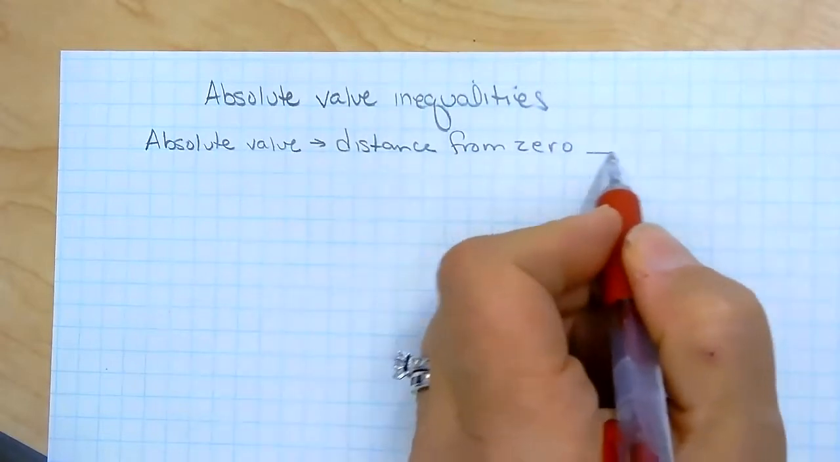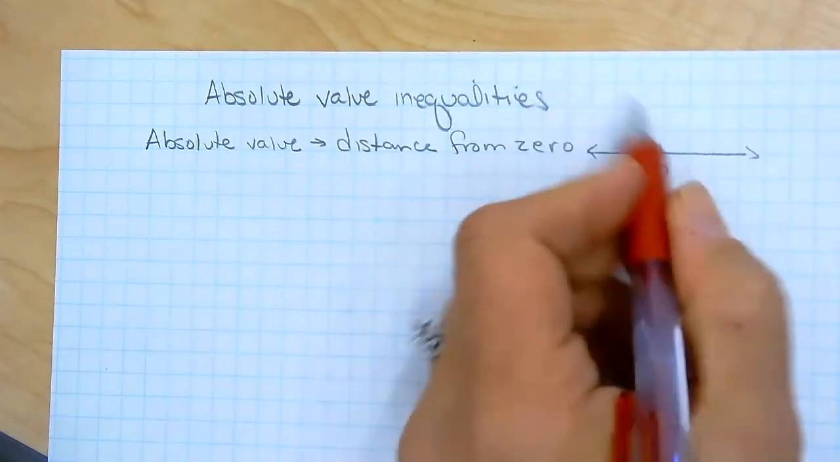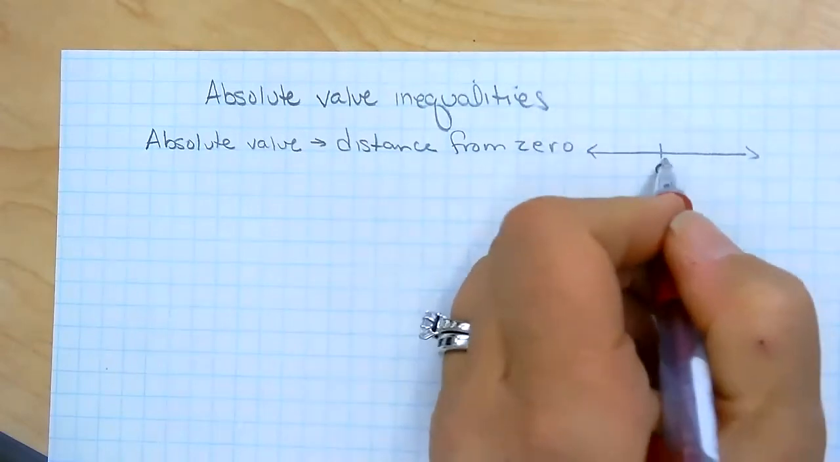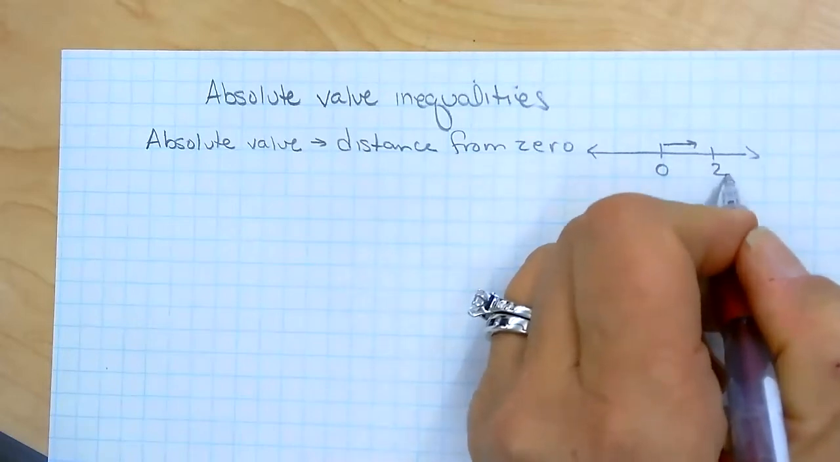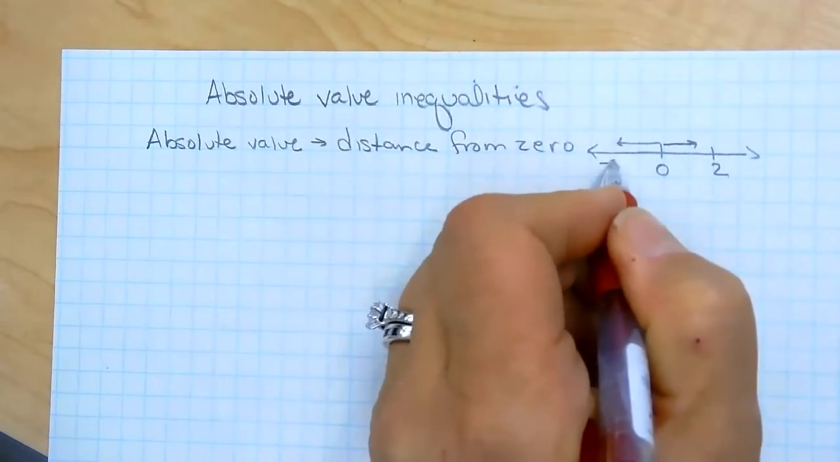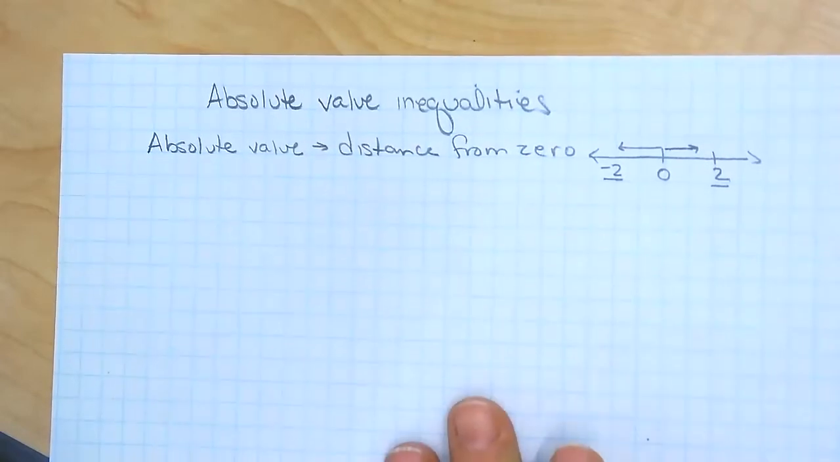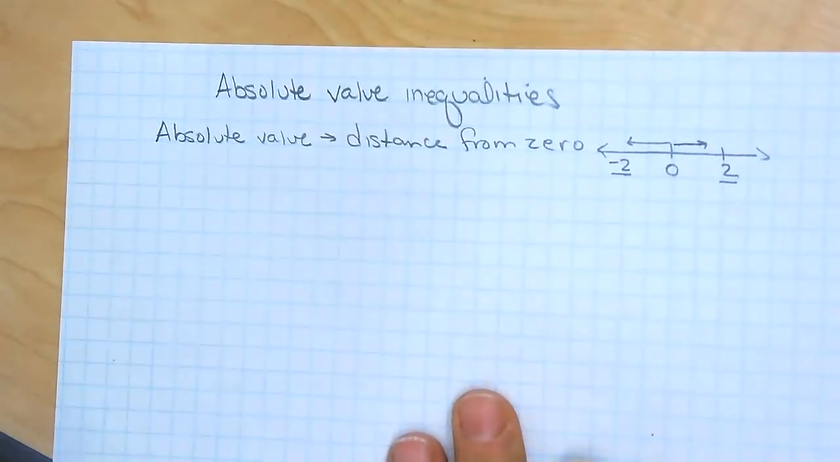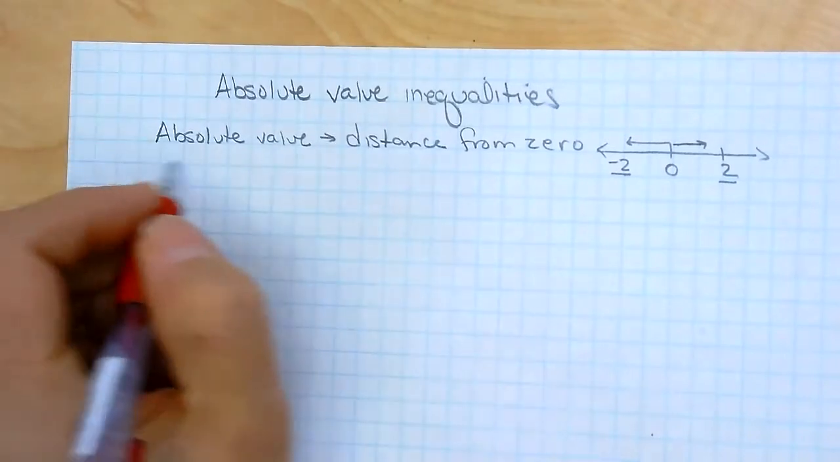So if we're looking at a number line, and here is 0, if I want a distance of 2, I can go in the positive direction to 2, or I can go in the negative direction to -2. Both of these values have a distance of 2. So we're going to be having 2 points on our graph this time. So let's start with